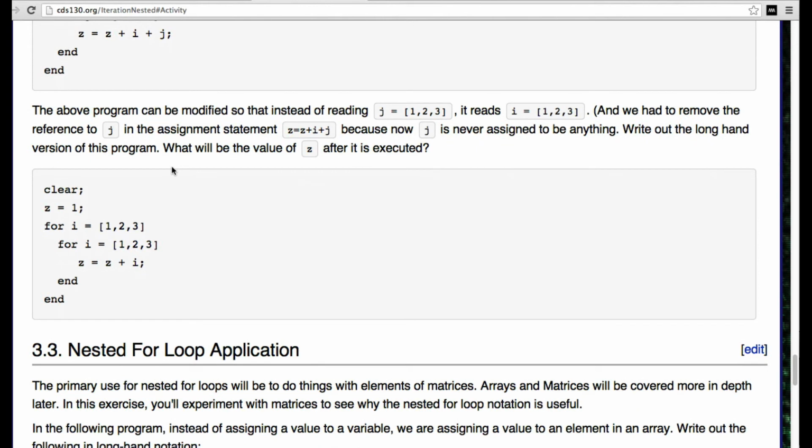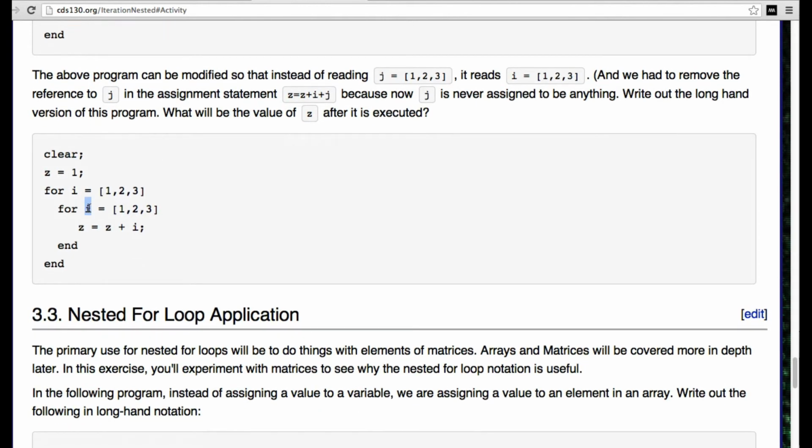And so this is the program. I've just replaced the j with the i, and I've removed the j down here. And the question is what's the value of z after it's executed? First, let me tell you that you don't want to do this. You don't want to use an index variable twice in general. So here we have for i and here we have for i. And as we'll see, if you do that, it does something that's kind of silly and not very useful